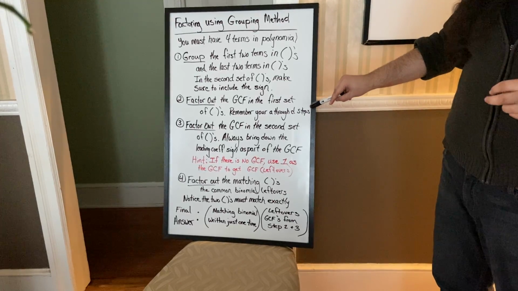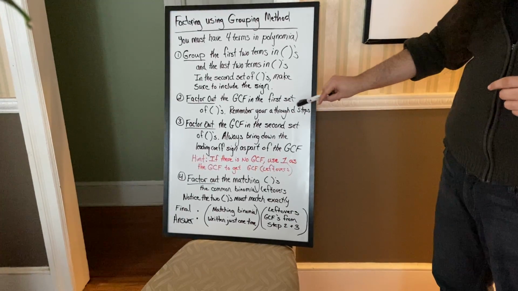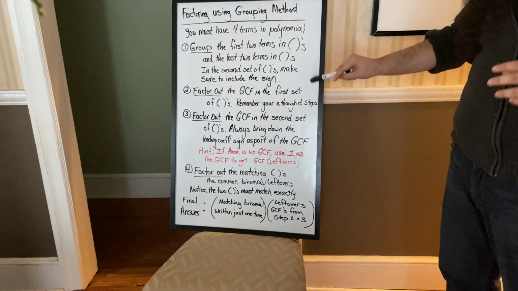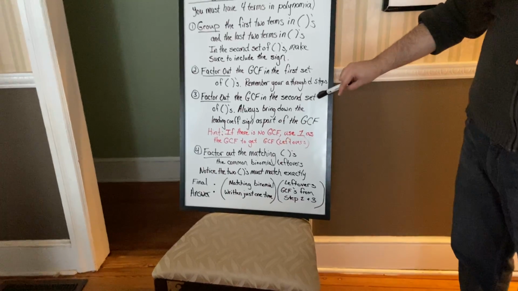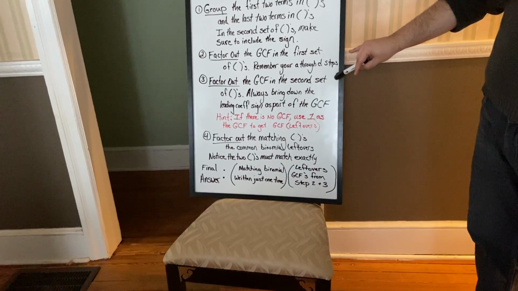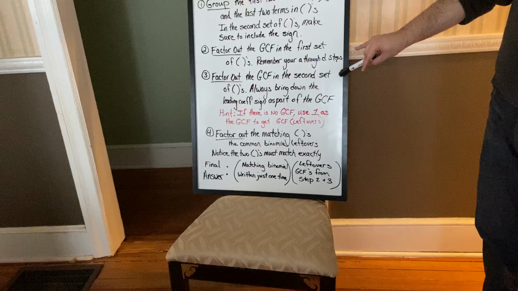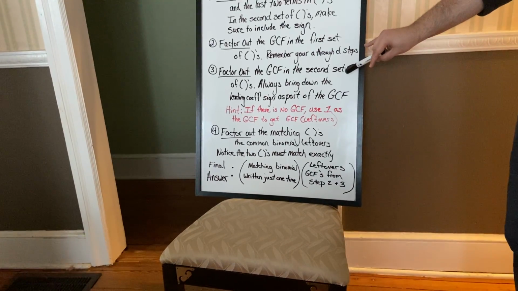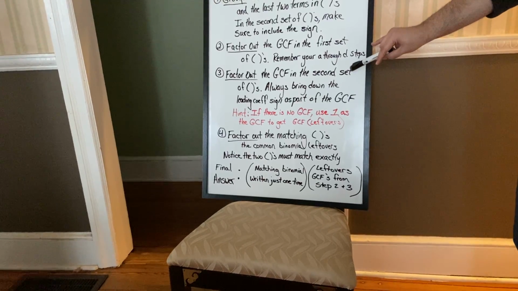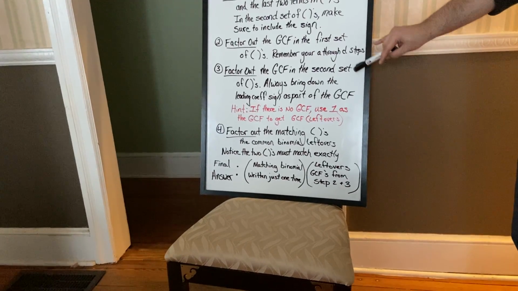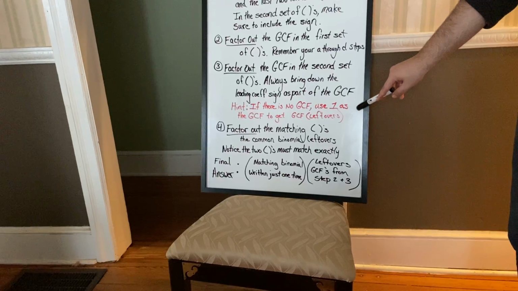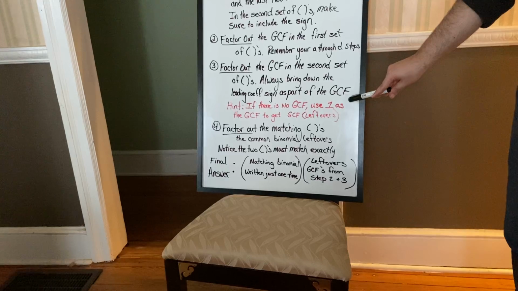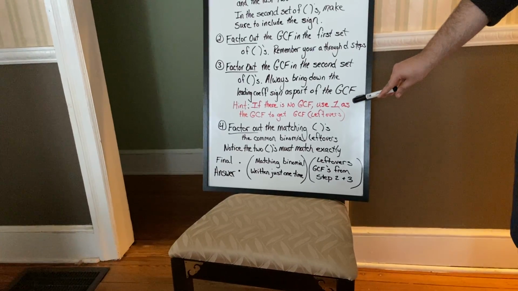Remember, when we were factoring out a GCF, we talked about our steps, A through D. So you're still going to do your A through D anytime it says find the GCF. You're also going to factor out the GCF in the second set of parentheses. But when you're working with the second set of parentheses, sometimes you will have a leading sign that you want to make sure you bring down as part of the GCF. Also, there might be an occasion where you might not see a GCF. If you don't see a GCF, then you're just going to use 1 as the GCF